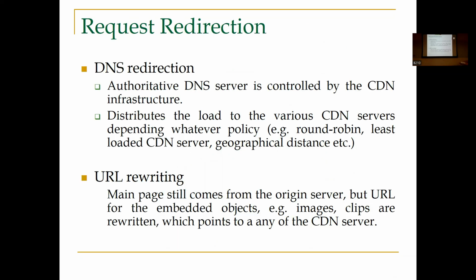So this is DNS redirection that I have mentioned. When you are redirecting, these are the different options. One algorithm is based on round robin. If there are two nearby surrogate servers, just give one request to A, then to B, then to A, then to B. This is called round robin. Then least loaded CDN server: you can first identify which one has less load, and based on that you can forward the request. Or the other is distance. Likewise, there are many parameters which give you the solution to this kind of problem.